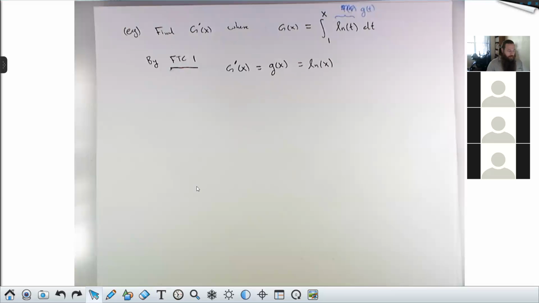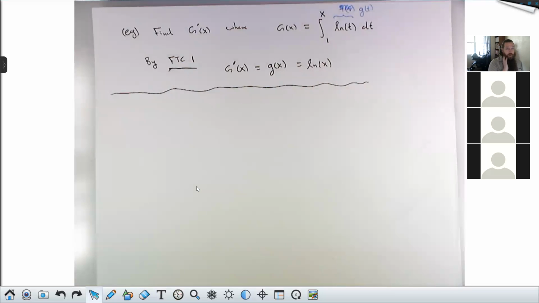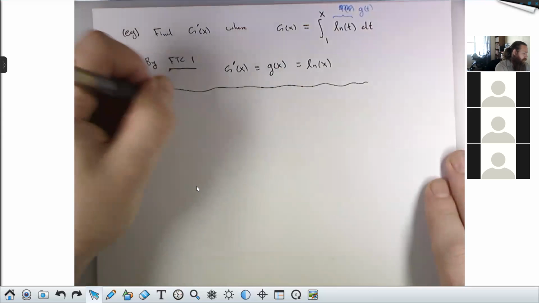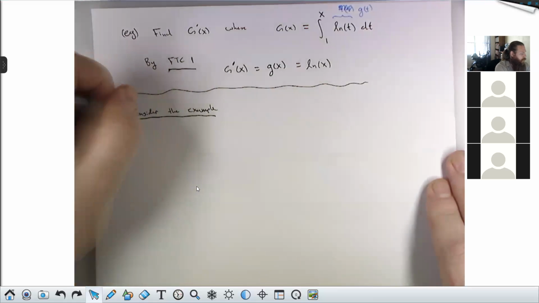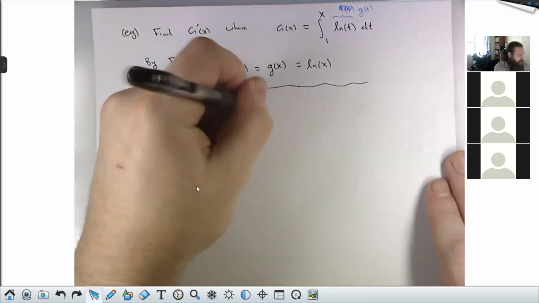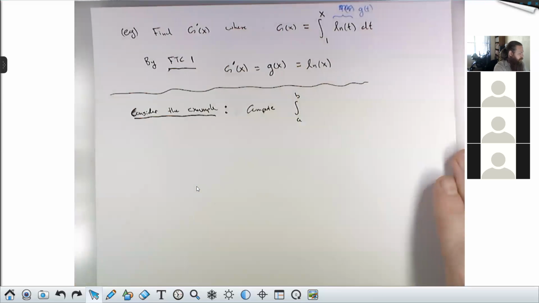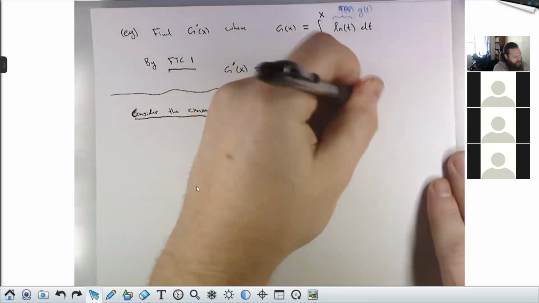Okay, then we're going to come back into kind of explain mode here, and I'm going to show you a motivating example for FTC2. We'll see if we can't discover FTC2 the same way we discovered FTC1. So again, consider the example. This time I just want to compute the integral from a to b of, let's say, x dx